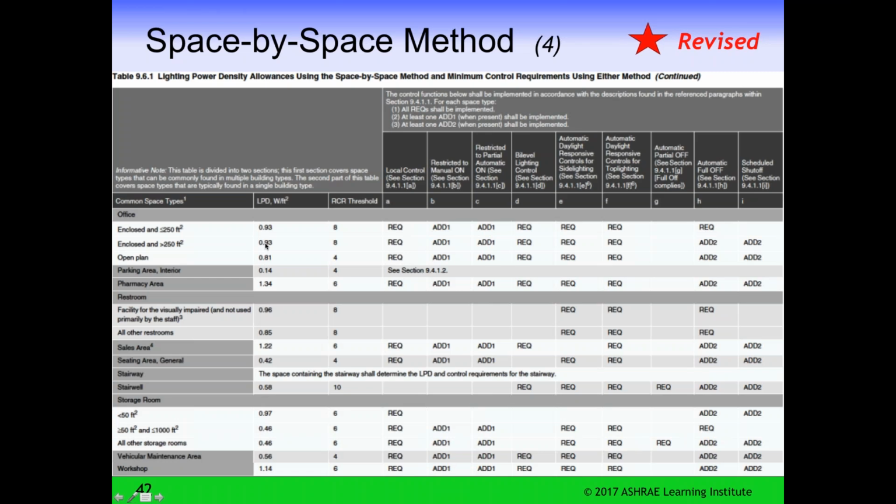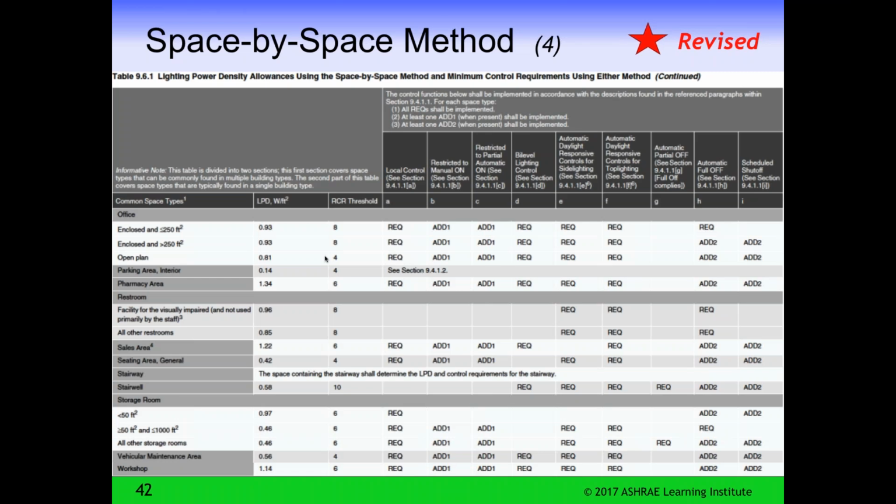So you have a different lighting power density for each type of space. You have an RCR, or room cavity ratio threshold.